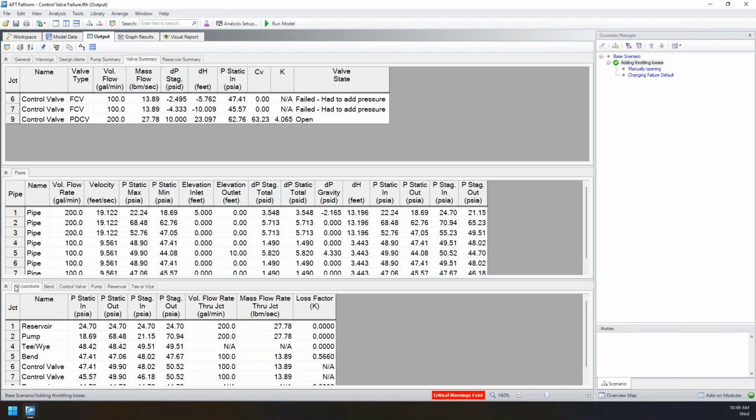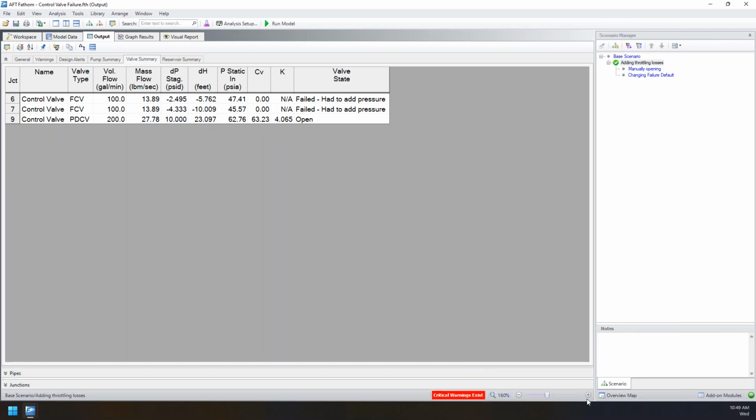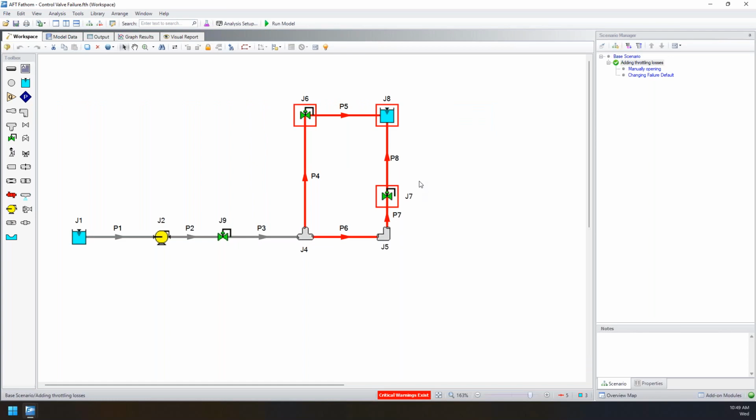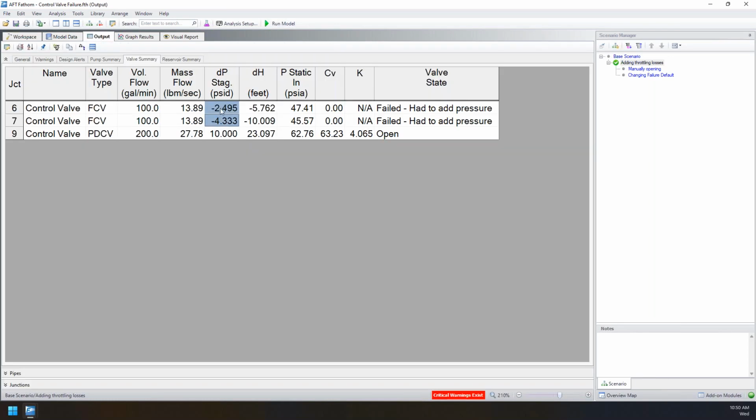If we go and take a look at our valve summary, and let me hide these to simplify it a bit further. Here we can see that both of them have to add pressure, and we can see that they are the kind of complement to what their original pressure loss was. So instead of removing 7.5, 10 is already removed, they have to add 2.5 back to achieve that flow rate. Here, likewise, they have to add 4.3 psi to achieve the necessary flow rate. So if you run into a case like this, where your valves have failed and it's always control, and obviously you can't use these results because control valves shouldn't be adding